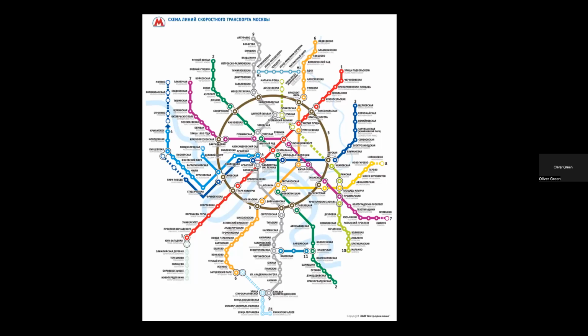And this is it after it had started. The first line is the one that runs diagonally across, but it kept going, and they actually used some of the new construction techniques during the war. It became apparent during the war that the underground would actually help save Stalin. When briefly we were allies of Russia during the war,